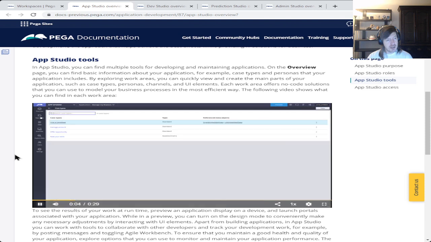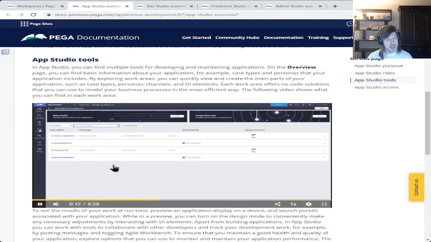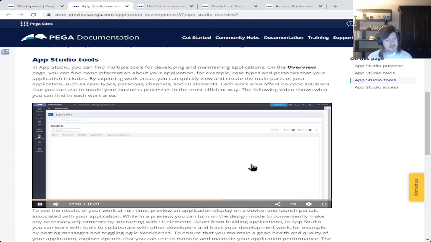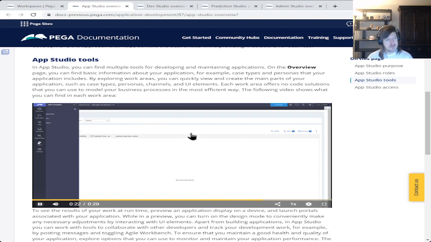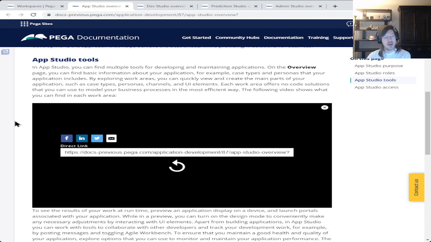They click on case types to show the different case types that they have. The case life cycles. They show the data. They show the channels. Exploring the data. The different users and all the settings associated with that. So,